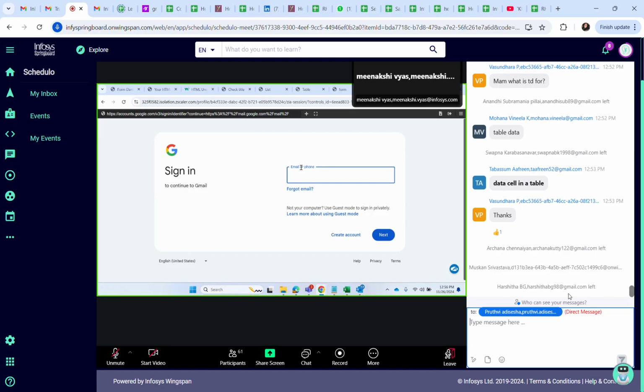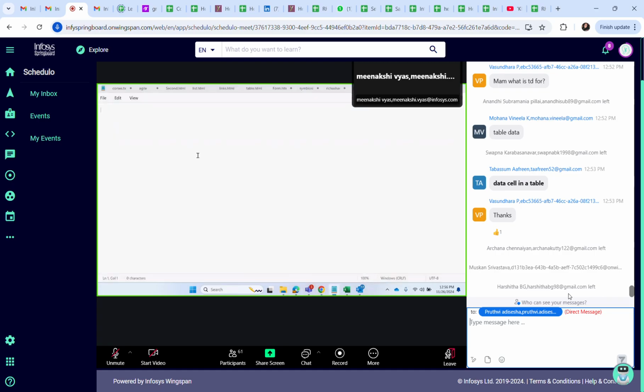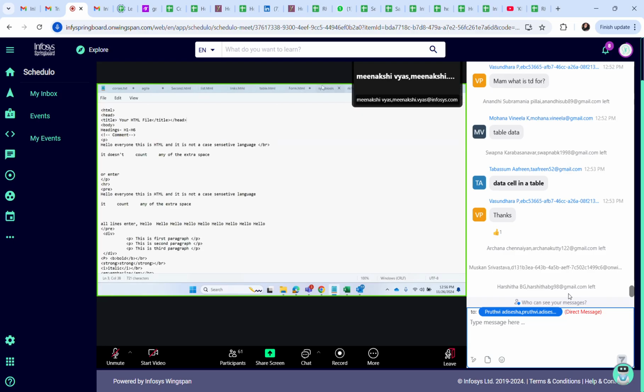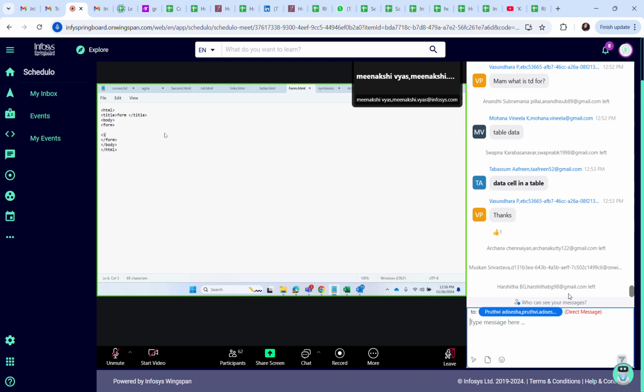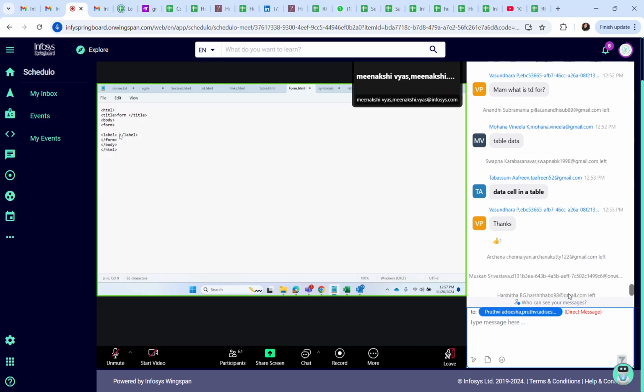So the first thing is label. So let's create the label first. When I write label, it will simply display the text which I want to write. Label slash label. What do I want to write? I want to write first name. That name, I want an entry for the name. Form. See, the name is coming. It can come as it is when you write it in simple text.